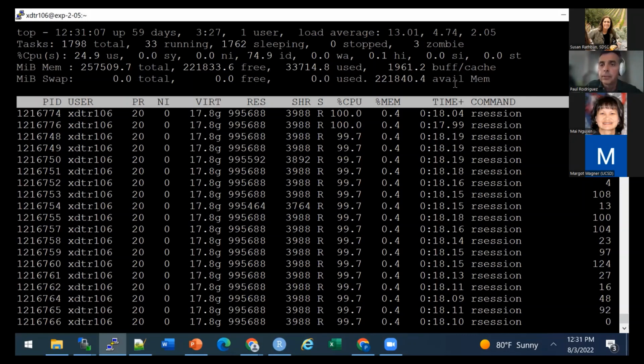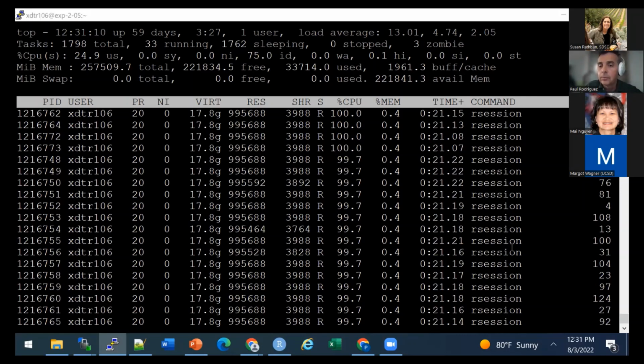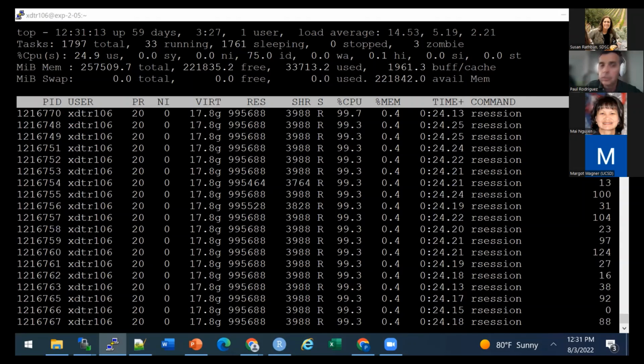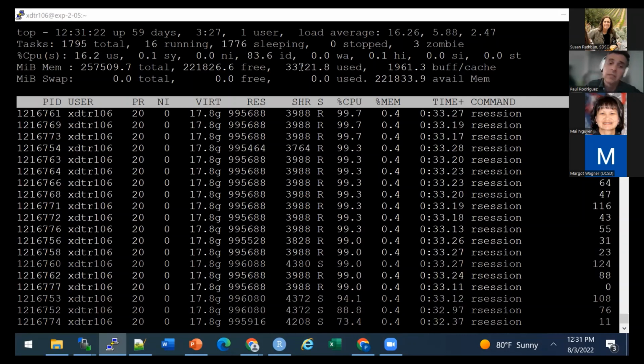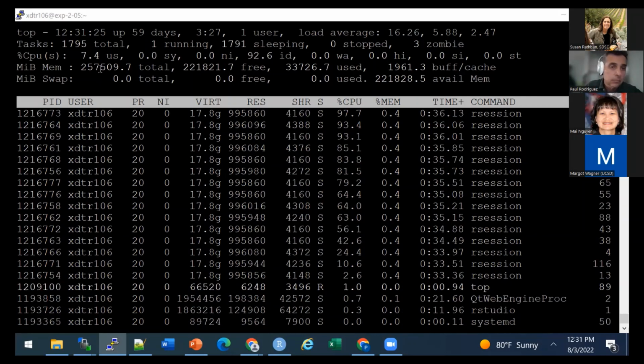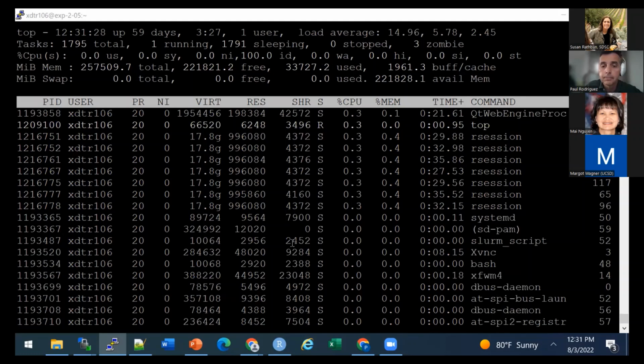Oh, by the way, one more thing. As you run, you can look and see how it's running in parallel, make sure it's using different cores, and you can look at the total memory usage. In this case, I'm not using that much memory, only 33 gig, I guess, out of 200-something gig total.